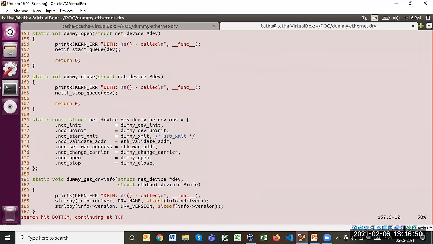It tells the network stack that you can now start queuing packets for this particular device. That means now I am alive, and I am able to get and send packets. Clear? Yeah. Thanks. Any more questions?